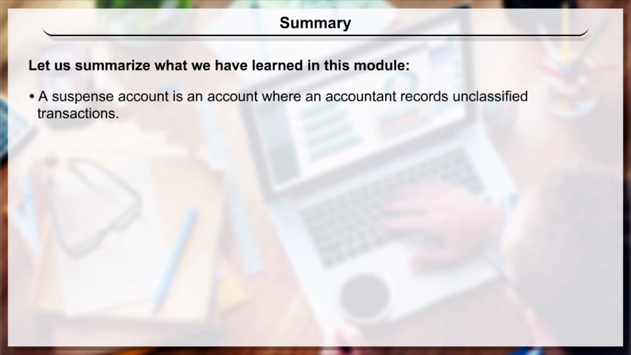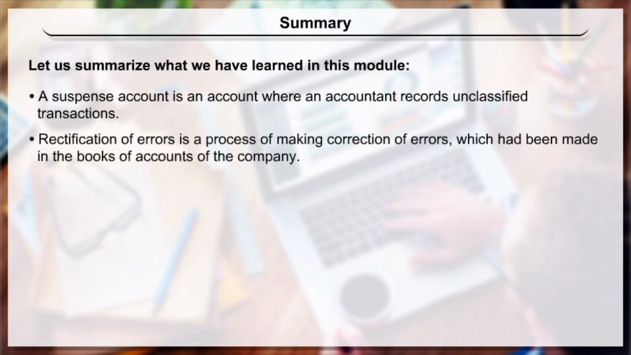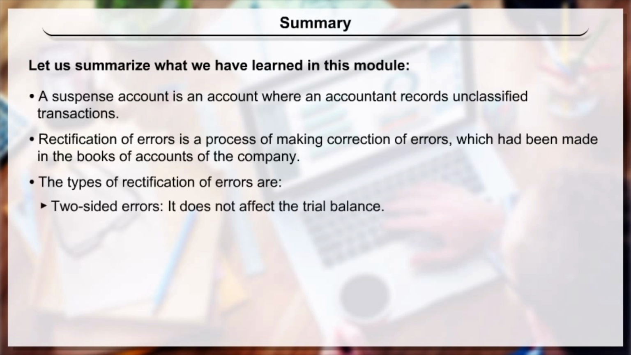Rectification of errors is a process of making correction of errors which has been made in the books of accounts of the company. The types of rectification of errors are: two-sided errors. It does not affect the trial balance. One-sided errors. It affects